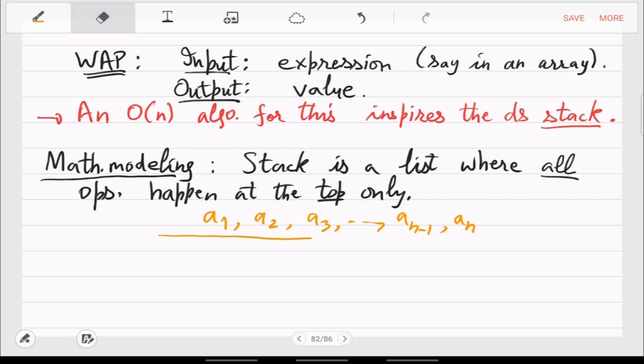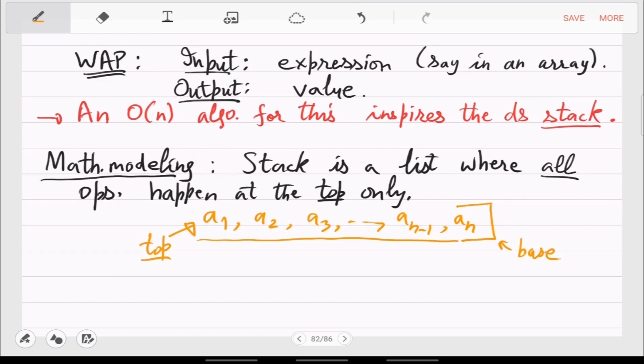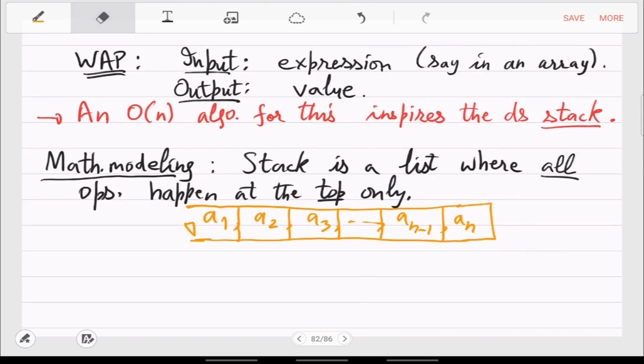For now, let's just say that this is the top, and this is the base. Somehow I don't like this. Let's change this.